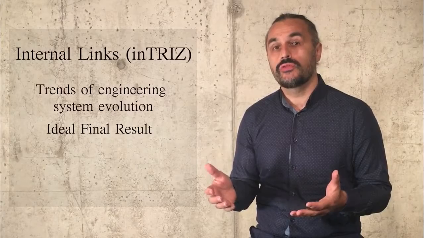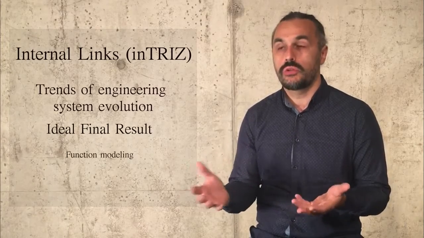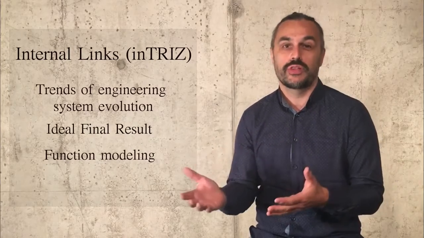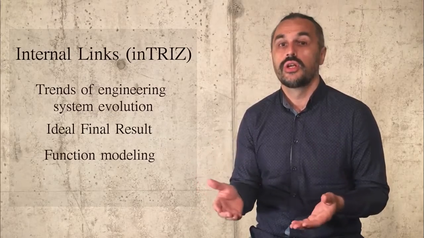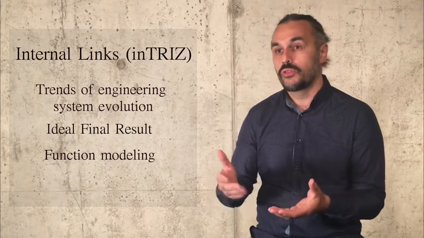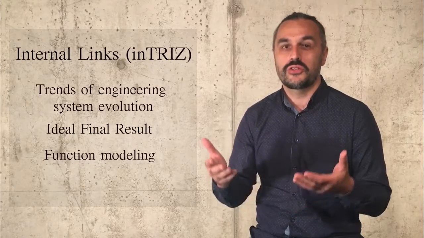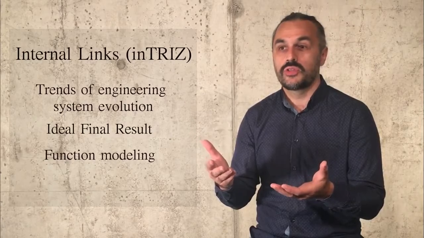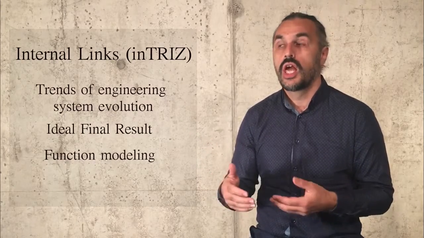Some contradictions could be found, let's say, when we do functional modeling of a situation and we find that there is some coexistence of a useful function and a harmful function. This coexistence could be treated as a contradiction, because we need an element to perform some good function, but at the same time or in the same place, the element of the technical system generates some harmful, unwanted function. It could also be a sort of contradiction.